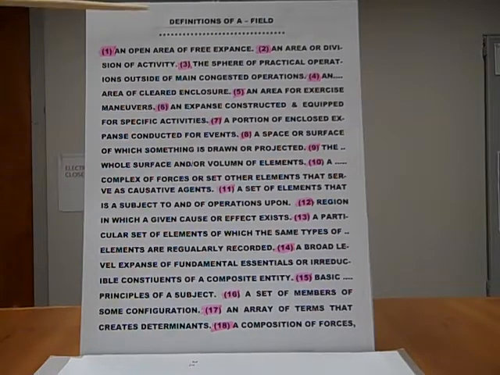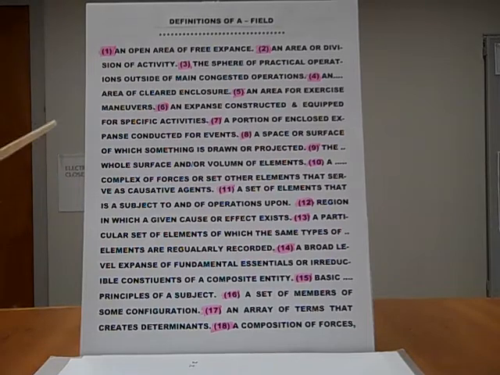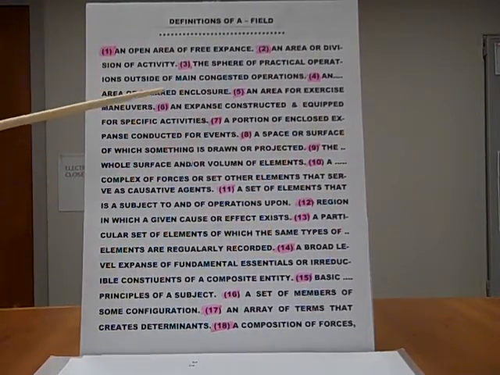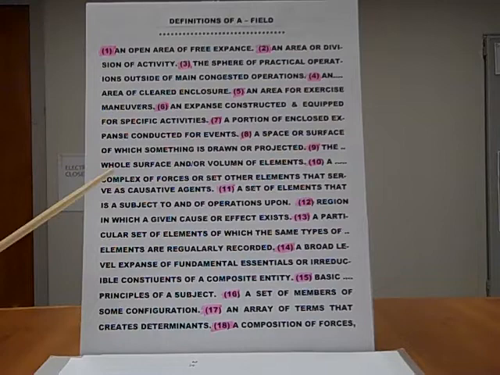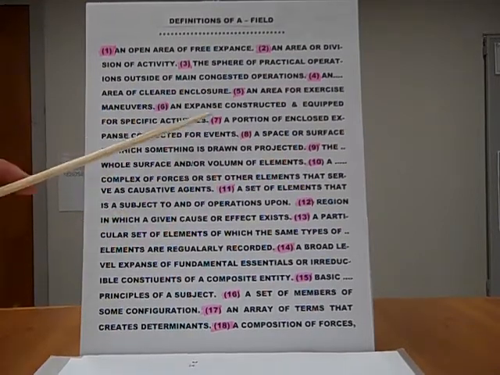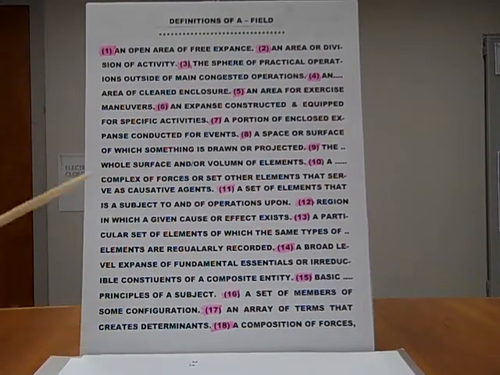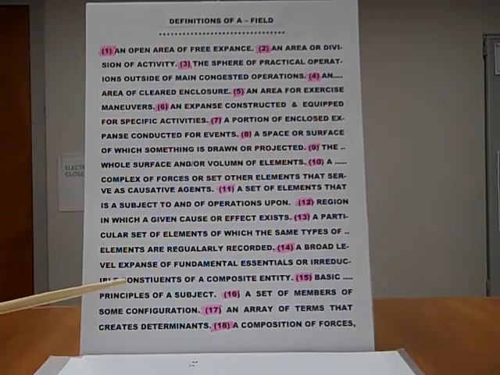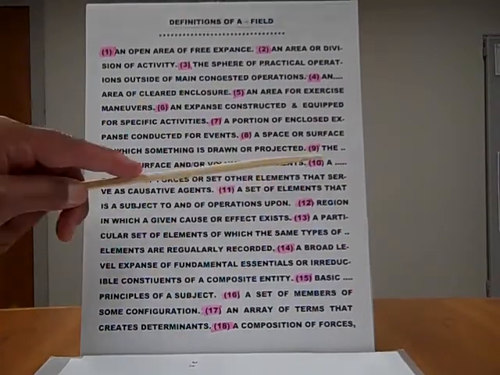Now, for the definitions of a field: number 1, an open area of free expanse; number 2, an area of division of activity; 3, the sphere of practical operations outside of the main congested operations; number 4, an area of cleared enclosure; number 5, an area for exercise and maneuvers; number 6, an expanse constructed and equipped for specific activities; 7, a portion of an enclosed expanse conducted for events; 8, a space or surface of which something is drawn or projected; 9, the whole surface and or volume of elements;